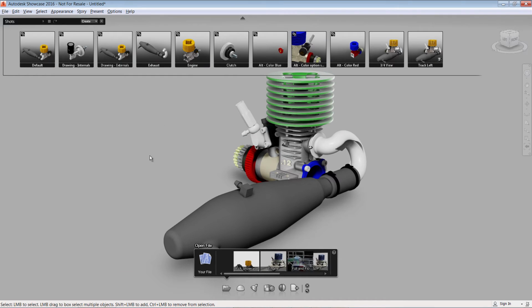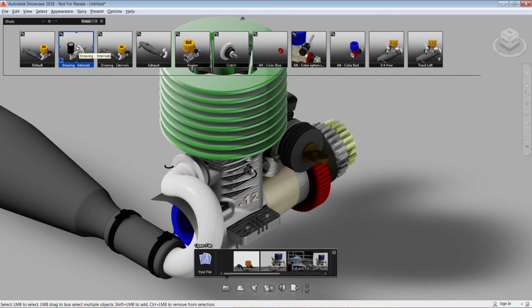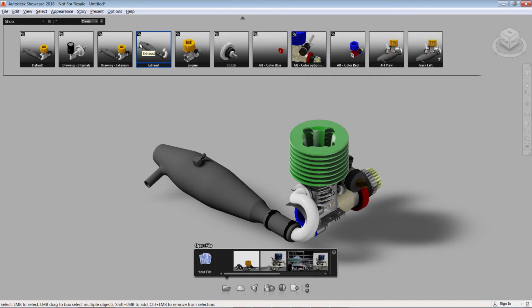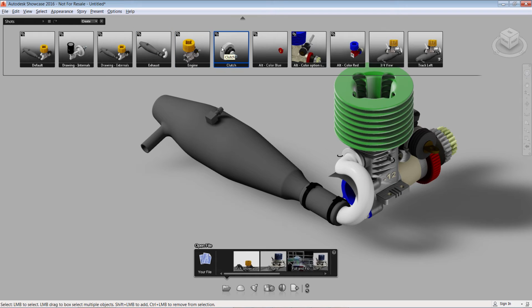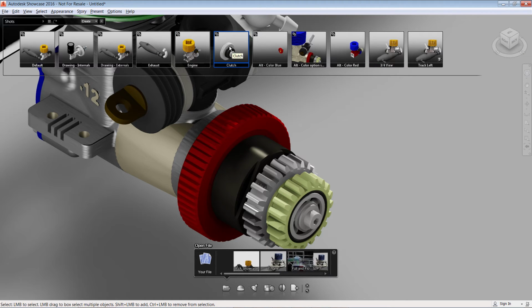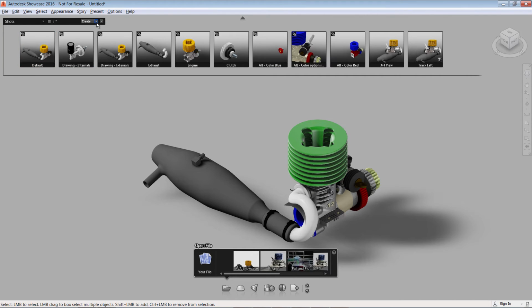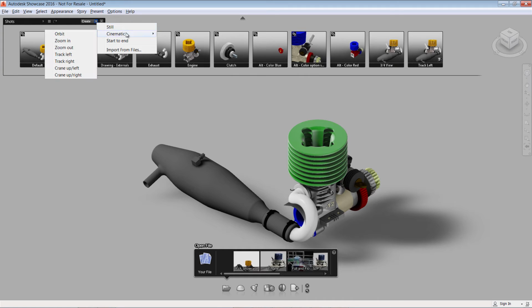Now we're going to turn on shots. The shortcut for that is T. What this will do is, first of all, it takes again the view reps that were created to create the different camera angles. These are just still images, so it's a quick way to get to these different camera angles that we're seeing here. You notice it doesn't work with the alternatives necessarily to turn off and on visibility. It's just camera angles. Therefore, we can create our own, where we can create cinematic, we can create stills from